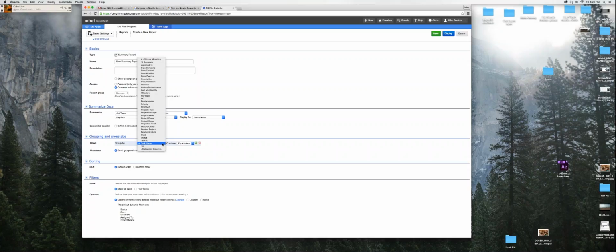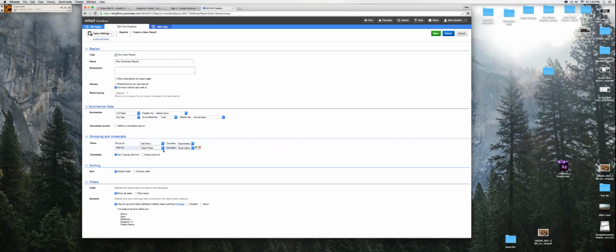Do you have a project name? Let's try this. If you hit the green plus sign, I'm curious what the verbiage is. So let's group by project name. Project name first? Project name, let's try project name first. Okay. And then by task name. And then you only want to see